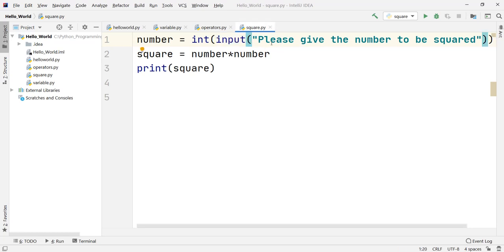Because the input function always returns a string value, we had converted that string into int using another function called int. This int was given to our variable number, and we had performed the square here, and that square of the number was stored inside one variable. We had called it square, and we had printed that using print.